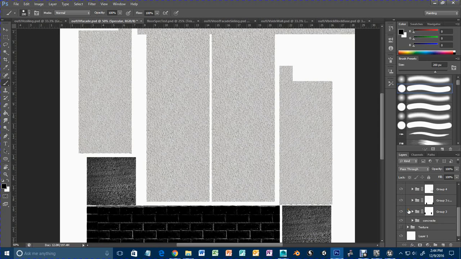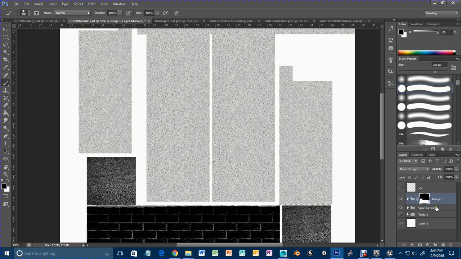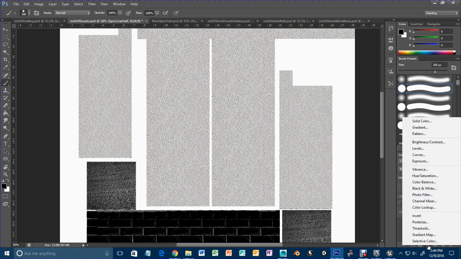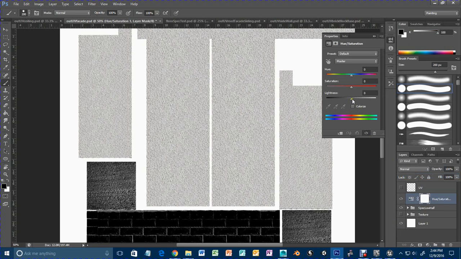And then, so I guess I want to just kind of do this like specular for bricks. And I'm gonna put those guys in a group. Spec low half. And then I'm gonna make another, and we're gonna do the same formula for this stuff too, so we'll just make another hue saturation, desaturate,